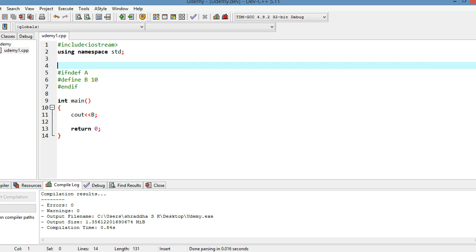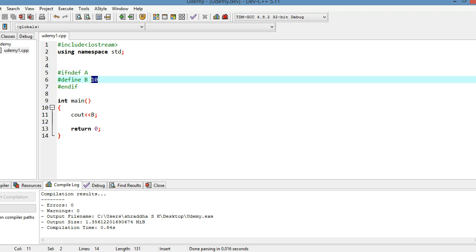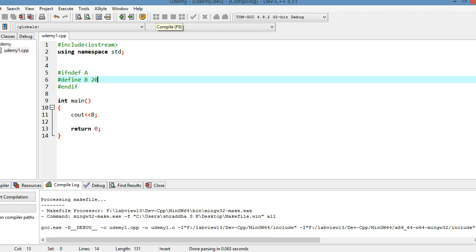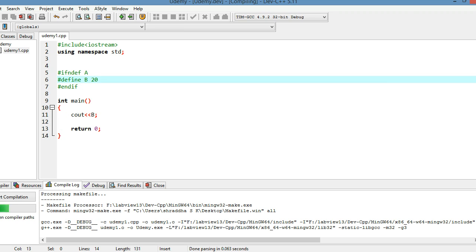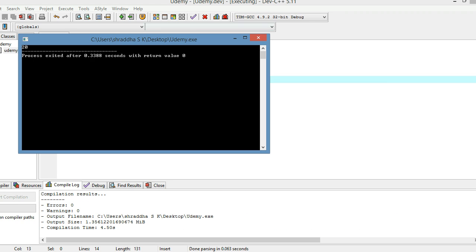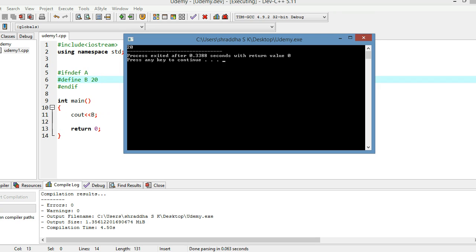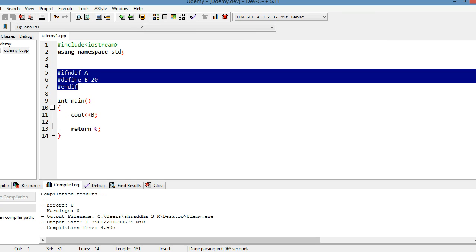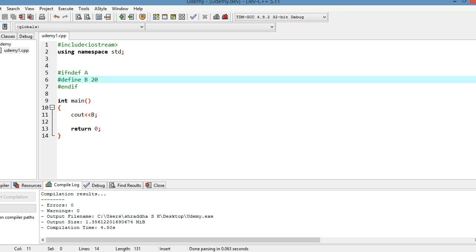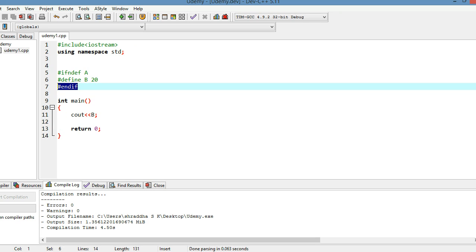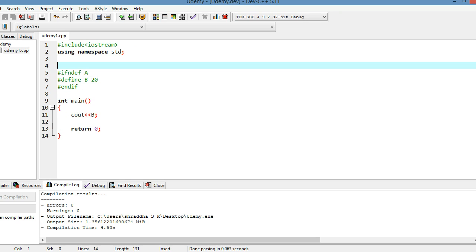Now I'll make the value of B 20. If A is not defined, then the value of B is 20, and when I run it we got the value of B as 20. This is the usage of #ifndef. Whenever we have #ifdef or #ifndef, we need to have the #endif preprocessor directive also.